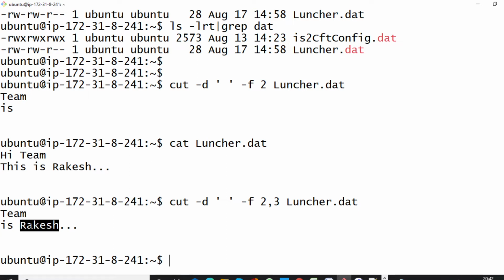You can see this is the second field and r is the third field. And here what is the delimiter? Here the delimiter is space. So cut hyphen d, we have taken space, then hyphen f stands for field, then the second field and third field we are printing here. This is how we can print by using the cut command.